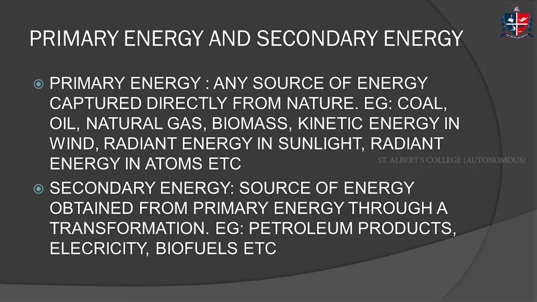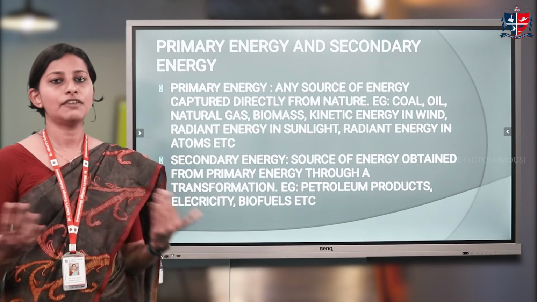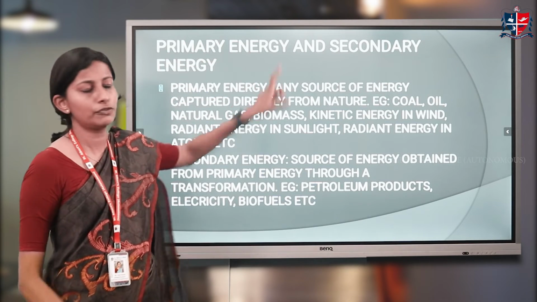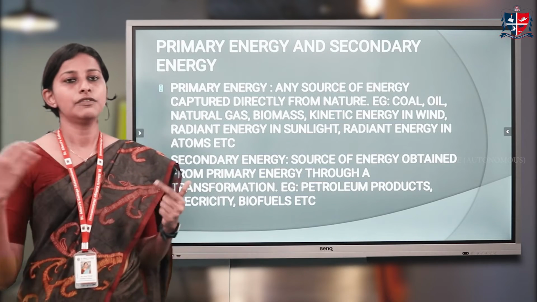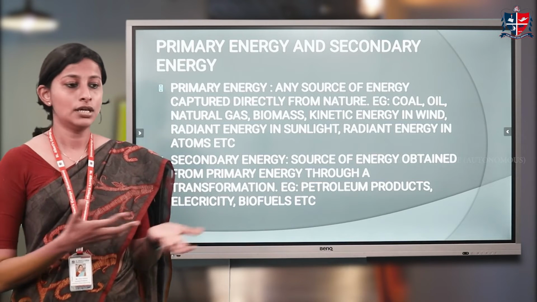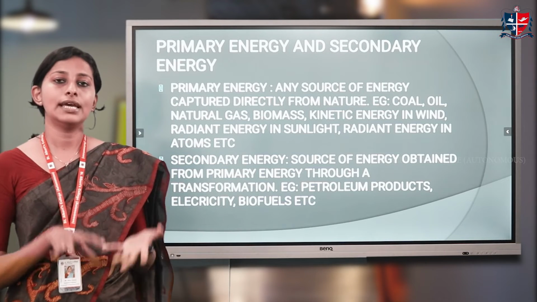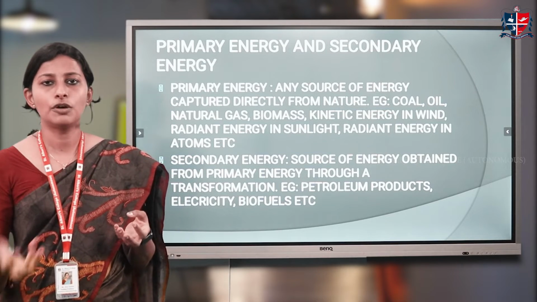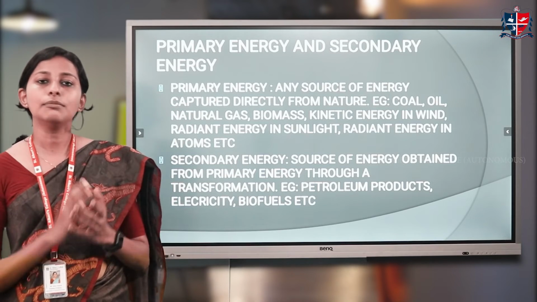Okay, so from the word itself, primary energy, what does primary energy mean? Primary means something which is abundantly available as it is. In the raw form, it is available in our nature. So that is what is called the primary energy. We can say the examples are like, we have plenty of coal, we have plenty of sunlight. Even in the moving wind, there is energy. So solar energy is there, wind energy is there, as well as we have natural gas or coal, such fossils, buried fossils are there. These are all energies in its raw form. We are not transforming it, we are not changing it into any other form to get another form. When some sources are there in their natural form, we call them primary energy.